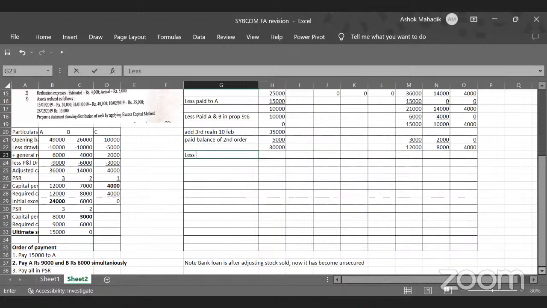Let's pay to all in PSR. पूरा 30 दे दो. 30,000. ओके, 30 बांट लेते हैं तीनों में. 4 3 2. ओके,